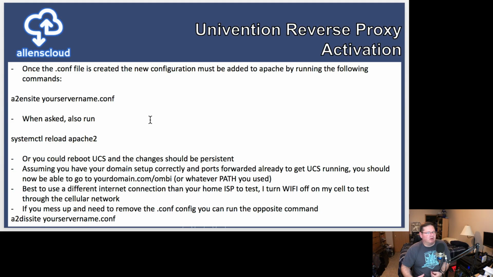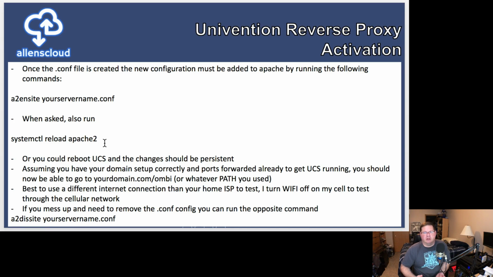And while you're in there, once you've got that configuration file in there, you actually have to then activate it, right? So at the command prompt in bash, run a2ensite and then whatever your name is .conf, that file that you just created, and execute that. Then it's going to pop up with a message, and you're going to want to run systemctl reload apache2. By doing that, it's going to reload Apache and take that new config file for the new server that you set up,